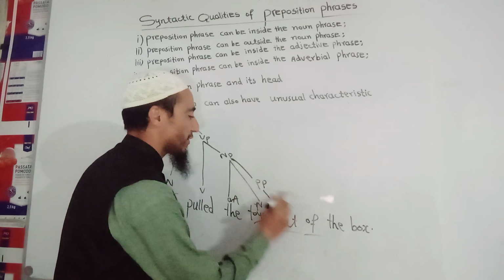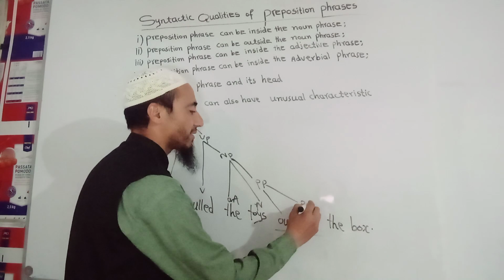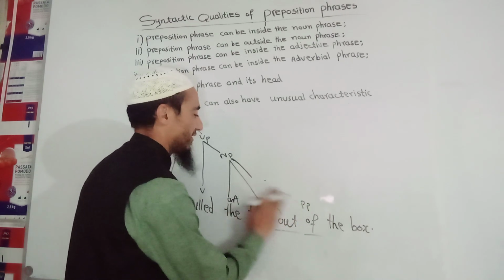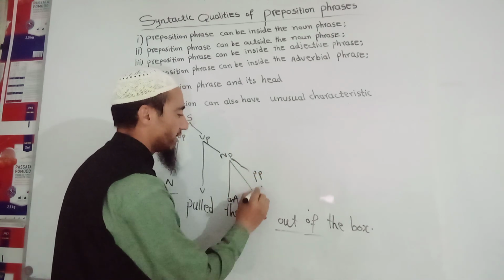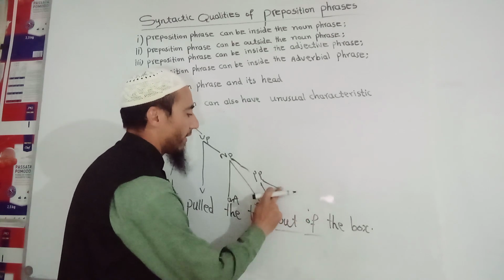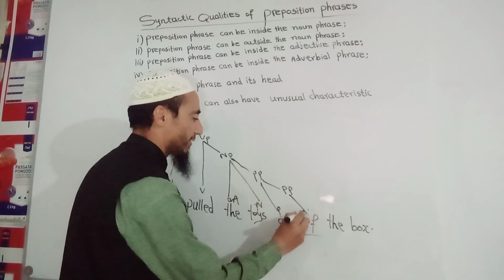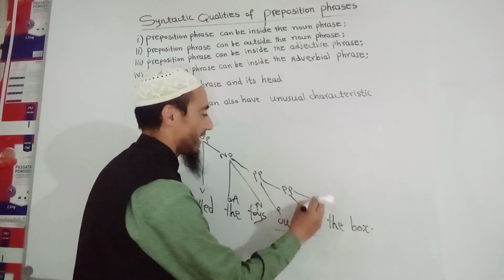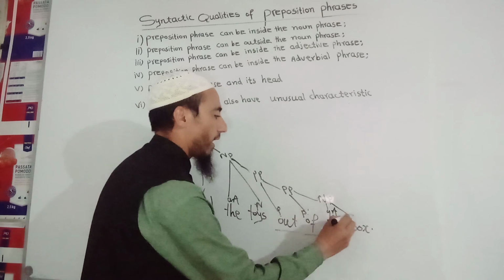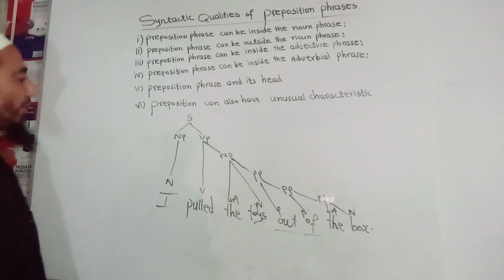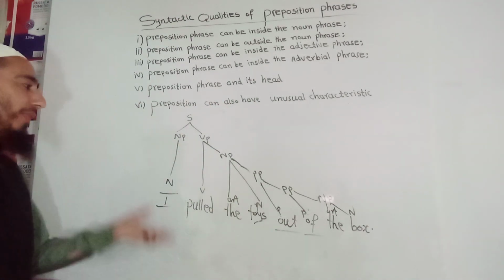And then we have another preposition, that is "of". So we also have PP. And after that we have "the box", which is NP. Let me draw it a bit. So we have PP, that is "out". We have another P, that is "of", PP. Here we are writing P and then also P. And "the box", so it is NP. NP means article and "box", which is N. Okay, listeners and audience, so now it is clear that a preposition can have an unusual characteristic,